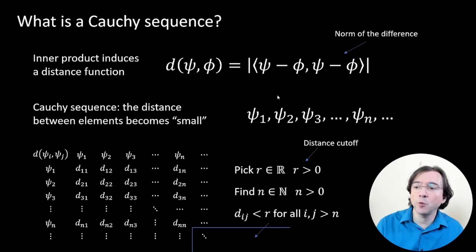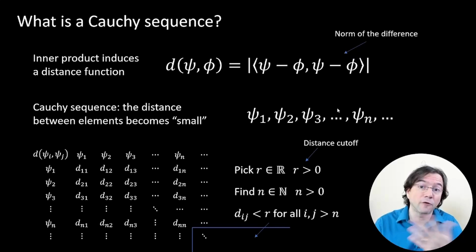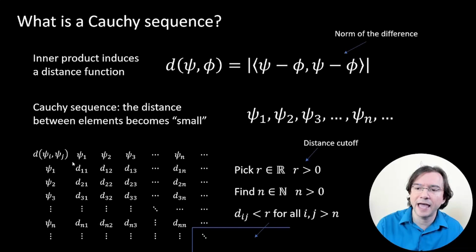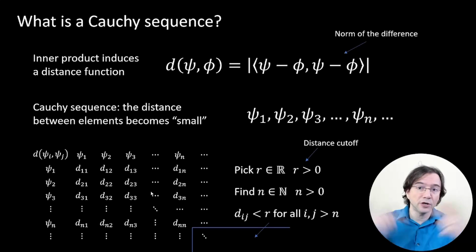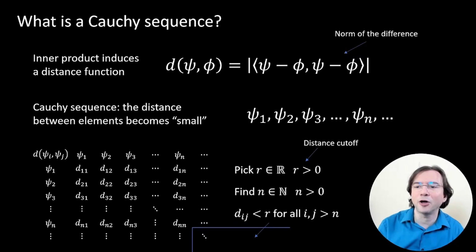And what we can do is define a distance between any pair of vectors in the sequence. So we can have this table where we can get one element and the other elements, and we can calculate the distance between all the different combinations, right? So we have this infinite table of elements, of rows and columns. Now, this sequence is a Cauchy sequence